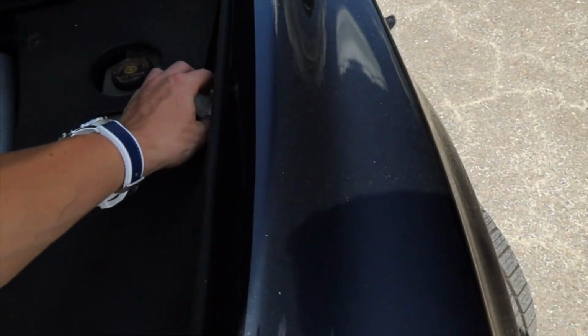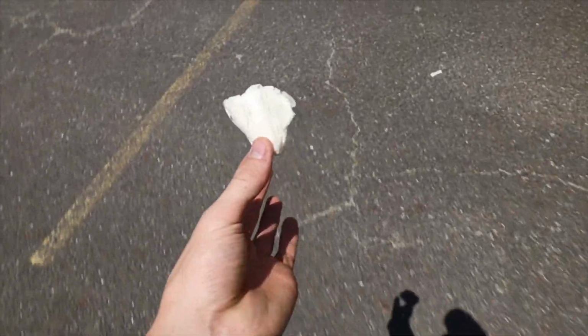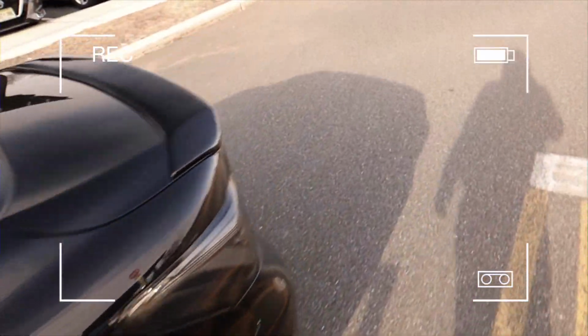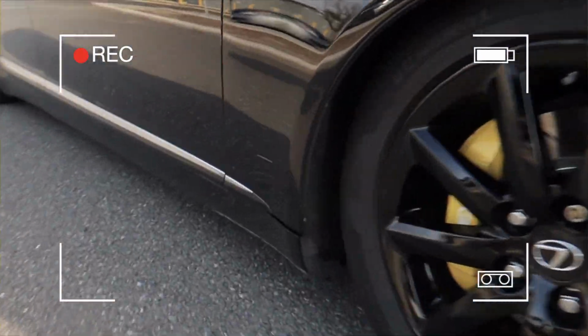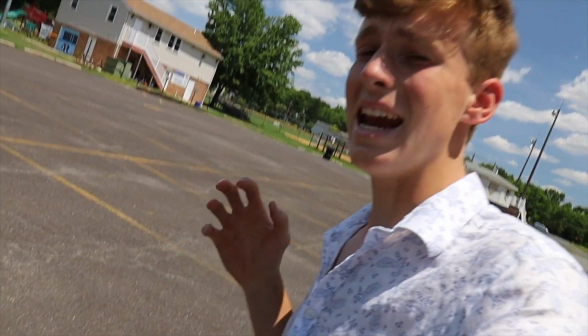What the heck? I got a paper towel right here from my last oil change. So it either really shows you how well I take care of this thing, or it shows how I don't take care of it. But trust me, I do. I just hit the curb, dude. Oh my gosh. Anyway,